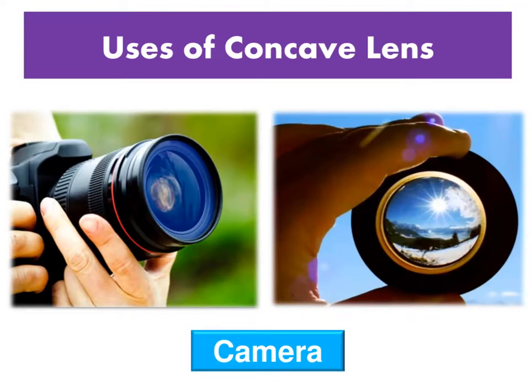Use of concave lens in cameras. To improve the quality of photographs, a combination of convex and concave lenses is used by camera manufacturers. When only a convex lens is used as the primary lens of a camera, it causes distortion in the photos, which is called chromatic aberration. Combining both concave and convex lenses eliminates the undesirable effects.